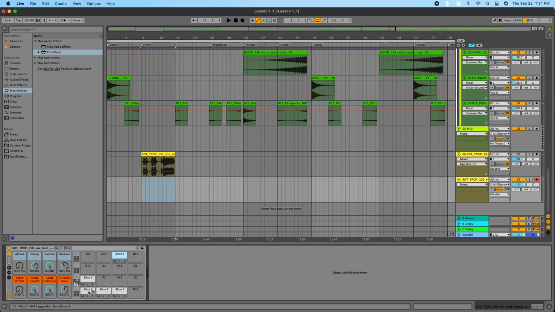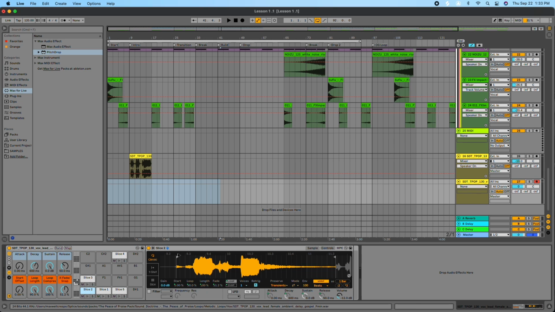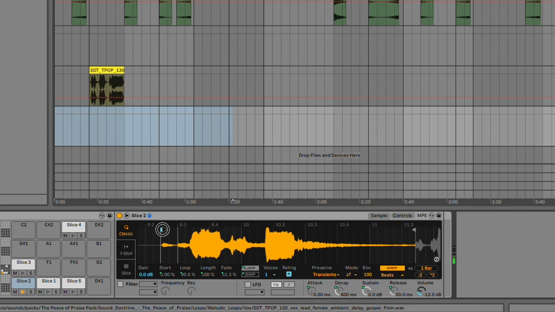So as I click these tracks, that's what's triggering them, and you can draw it in with MIDI too. It always helps to have a controller though; it makes it so much easier. And the cool thing about these slices too, you can actually go in, and if it's not lining up the way you want it to,